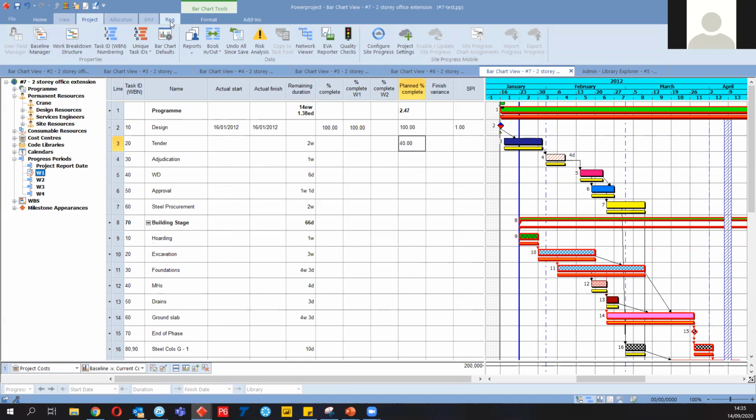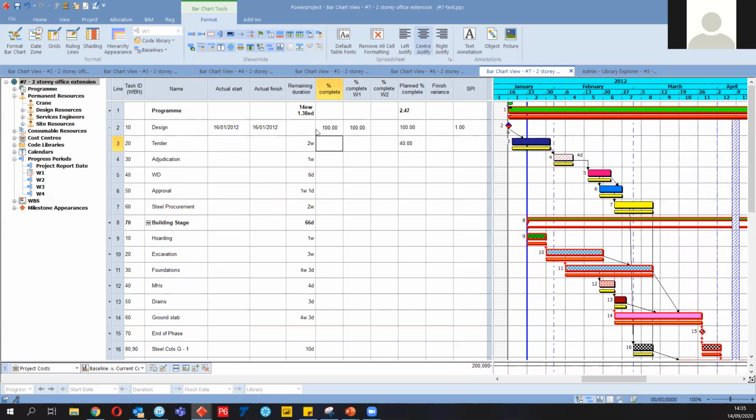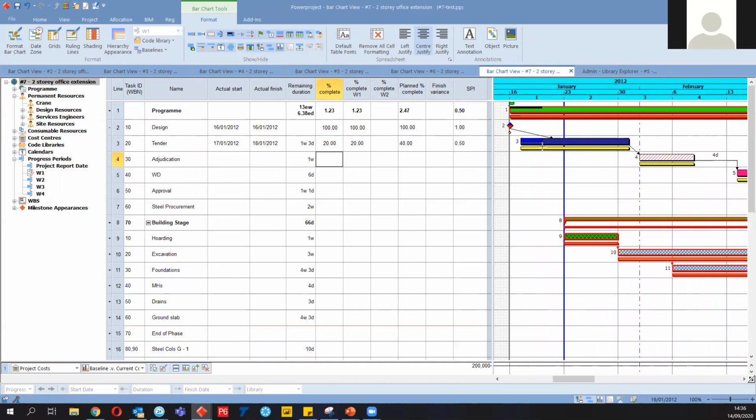So this is our baseline. Okay, so no, I'm not going to display this one. We're displaying baseline sample, which is the same as our original schedule. Then we can say, okay, so at overall percent complete, of course, design is started, which is a milestone. It is started, and also it is 100% completed. Then we can say that, all right, 20% is what we are able to complete for this tender work. If you move and zoom in a little bit, you're going to see the shading according to our percentage, and with the color of the progress period